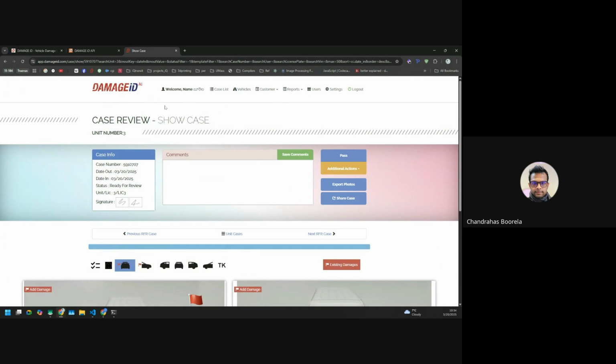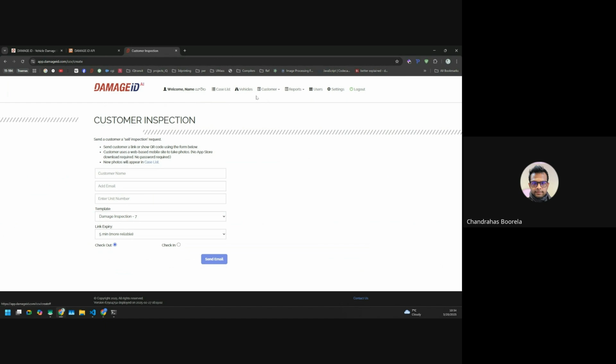We also have a new version, which we call customer self inspection, where you can just send a link to the customer and they can click on the link through email or SMS and inspect the vehicle by themselves without downloading any app. Let me just show you how you can use that. You can mix and match it with the regular inspection. You can have the going out inspection done by the agent through the app, and for the return inspection, if the vehicle is returned off site or at an off hours drop off, the customer can just do it